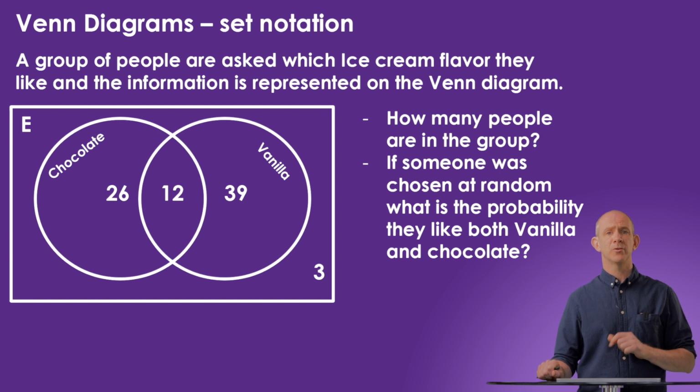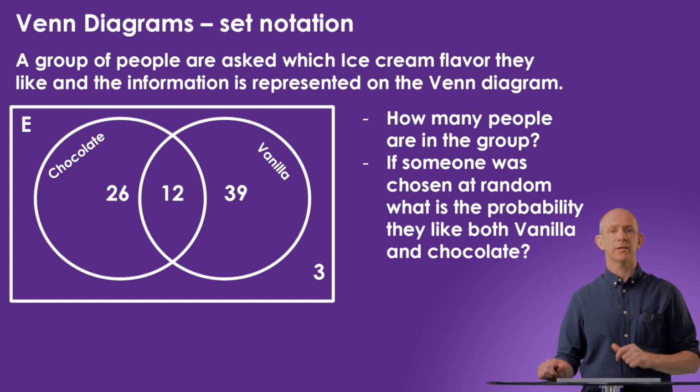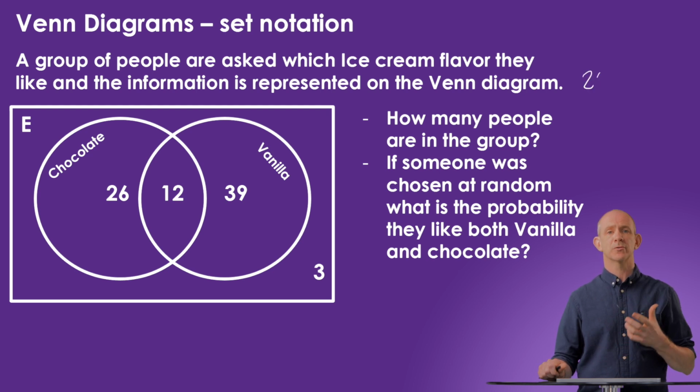There are 3 people who stated that neither chocolate nor vanilla was their favourite, and they're recorded in the bottom right hand corner. We're asked to calculate how many people were asked in the survey, so we add all the numbers up together. We'll get 26 plus 12 plus 39 plus 3 to equal 80, so the survey includes 80